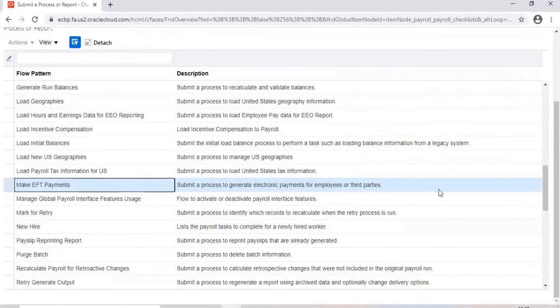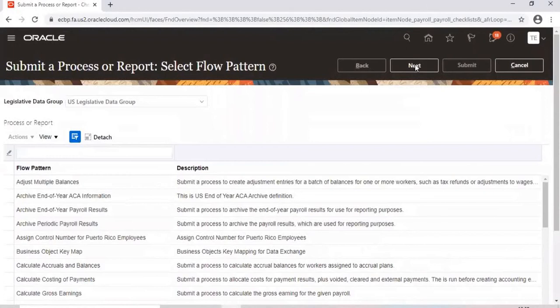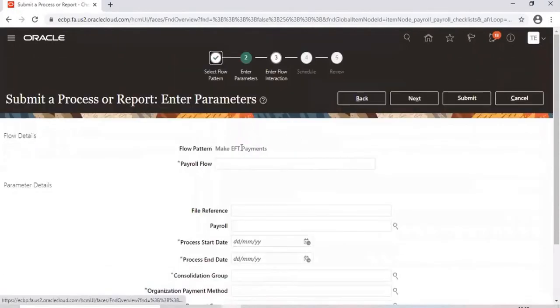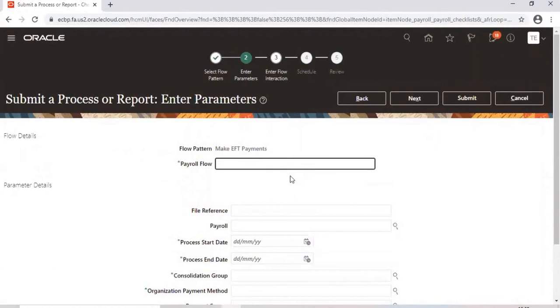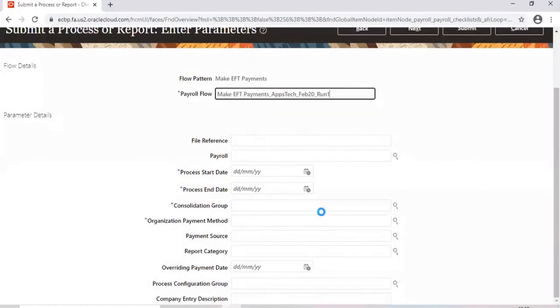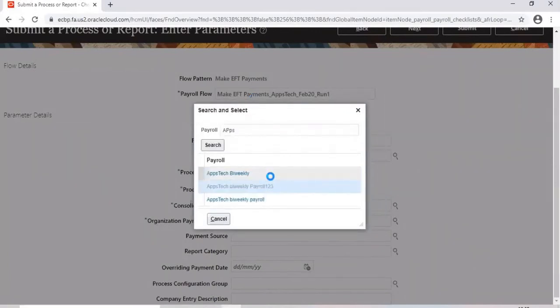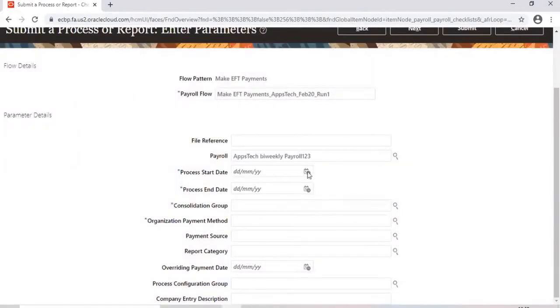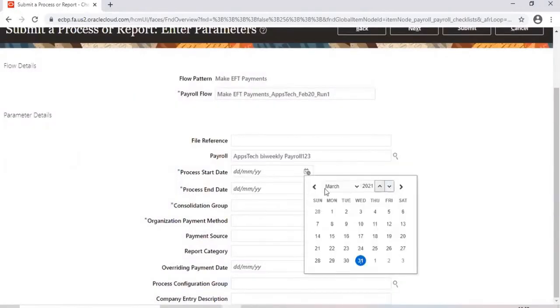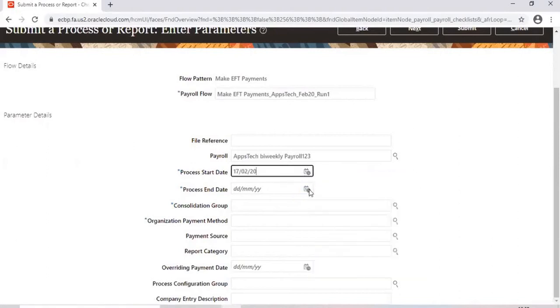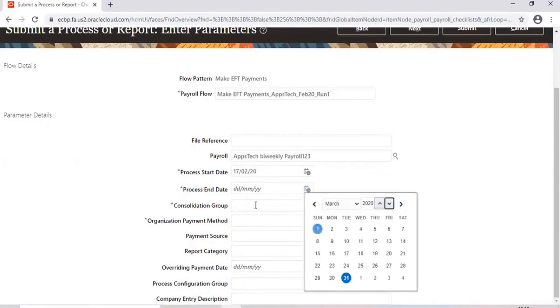So again, you run it the same way. You just select that, you can go to next, you select that, then which payroll, select process start date, see consolidation group.